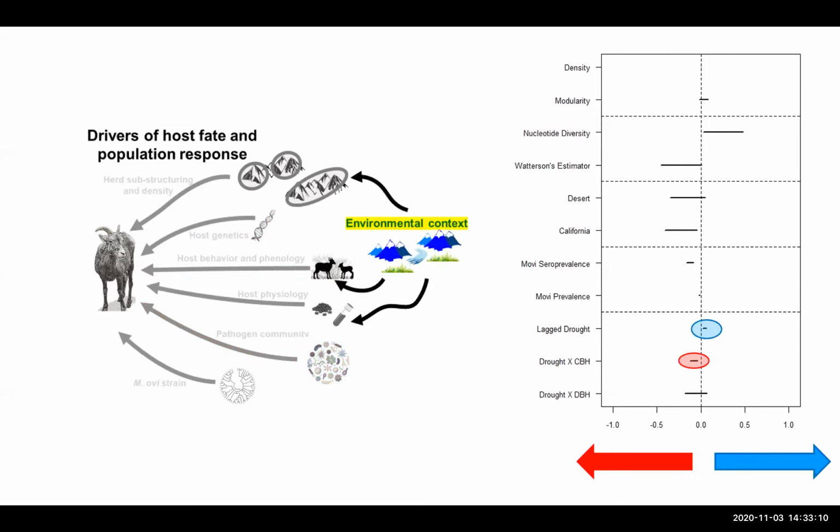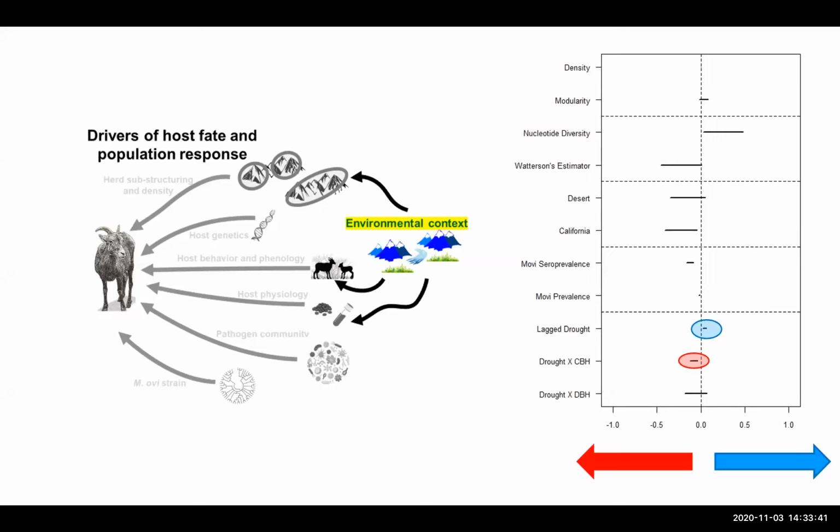We had some interesting results coming out of our environmental covariate here. Lag drought actually ended up having a positive effect on lamb recruitment. We think the reason for this is ewes probably aborted fetuses early in their pregnancy during years of drought in order to focus on their own survival, which meant they had an entire year of focusing all nutrients on themselves rather than rearing a lamb, which meant they probably went into the following year in better condition, which would set them up for a better lamb recruitment year. So kind of an interesting result that we didn't expect to see.